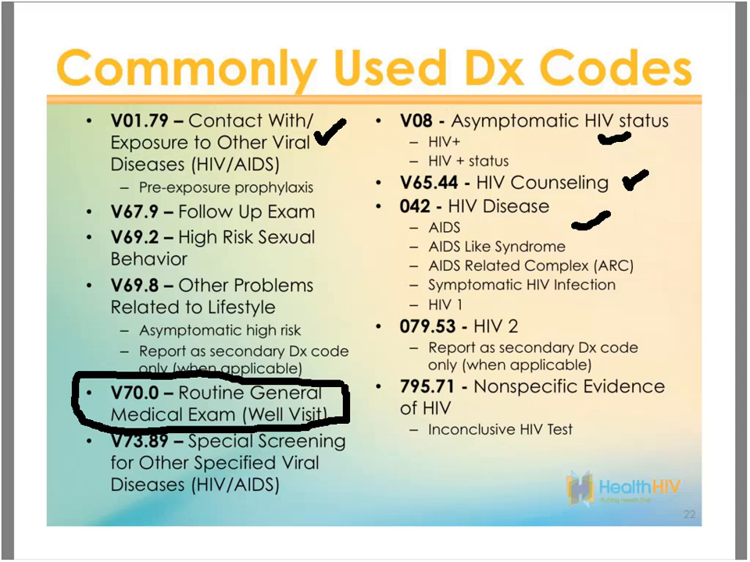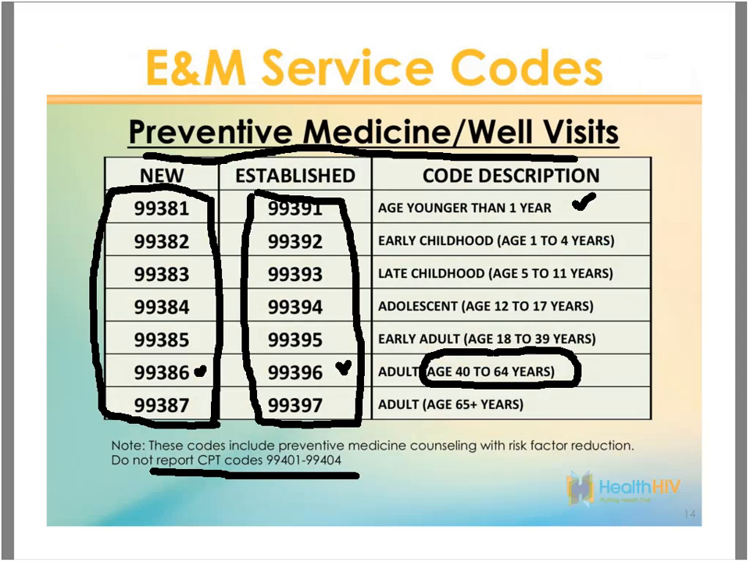So this code is limited to a well visit encounter only. You would never report this for any other type of service. And typically with the well visits, for a patient that presents for a well visit for the first time, you would use the V70 in conjunction with the well visit preventive care codes that we discussed on slide 14. Let me just go back real quick so that everyone can see those codes. So the V70 was reported with these codes,